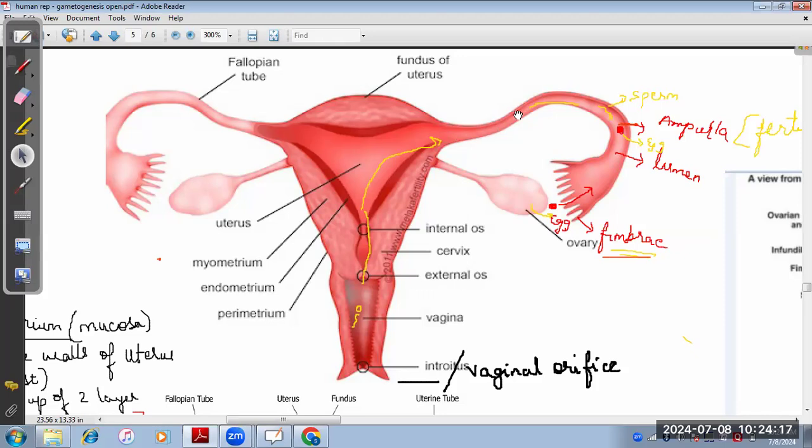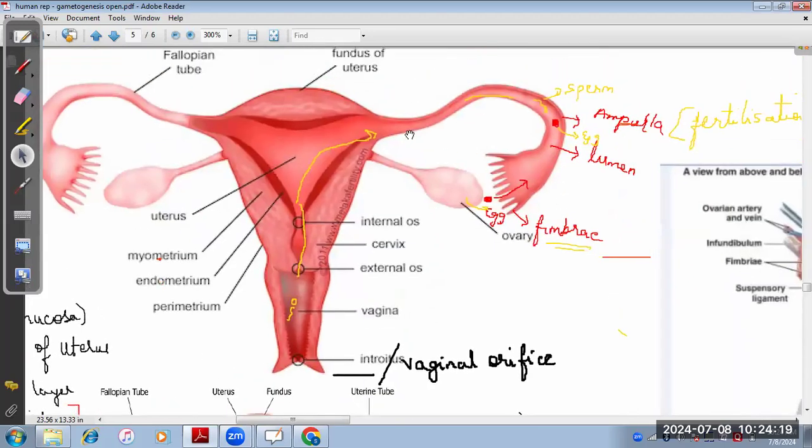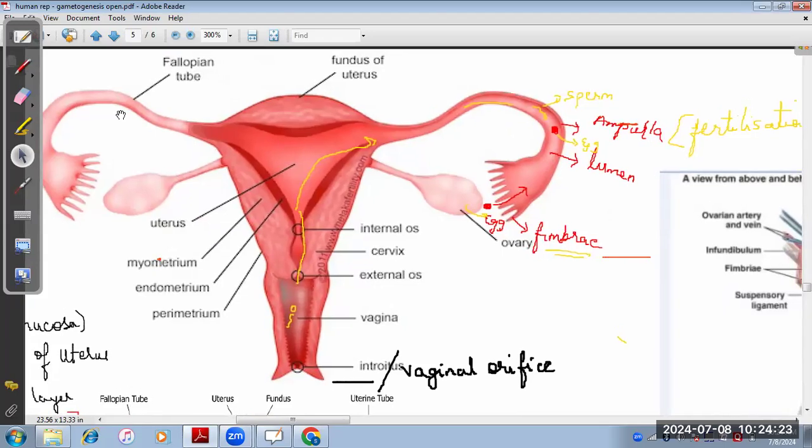The uterus will then lead to the fallopian tube, which is also called the oviduct. The entire oviduct, I told you, has parts: the isthmus, the ampulla, and then the infundibulum. So these are the three parts. The infundibulum will then lead to the fimbriae. Now, what